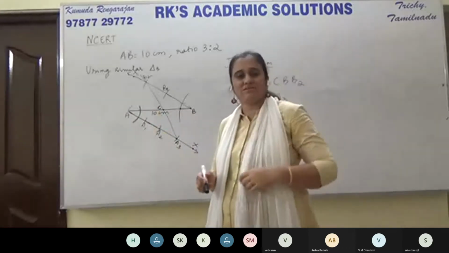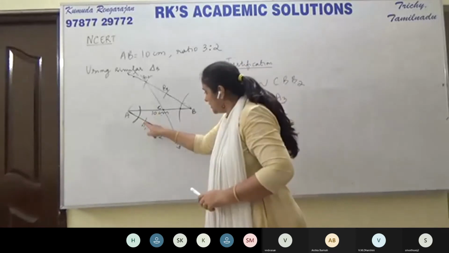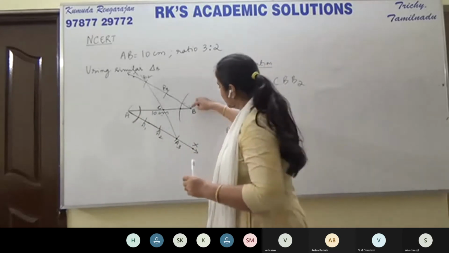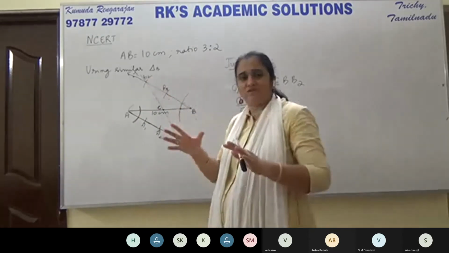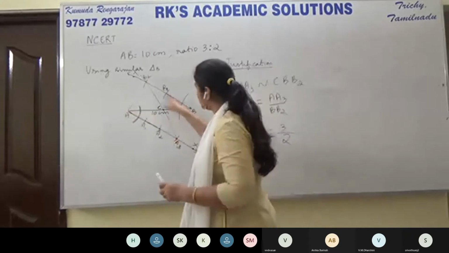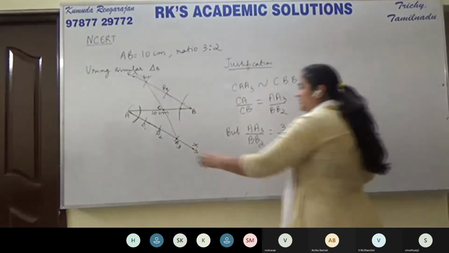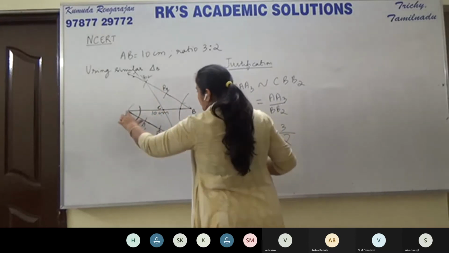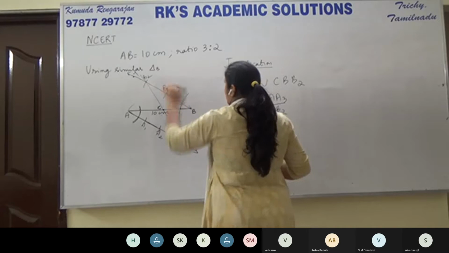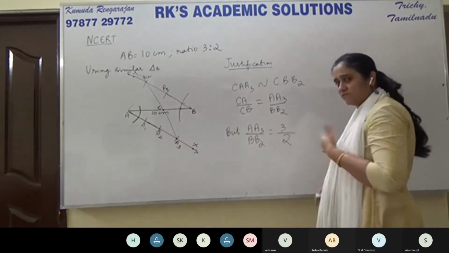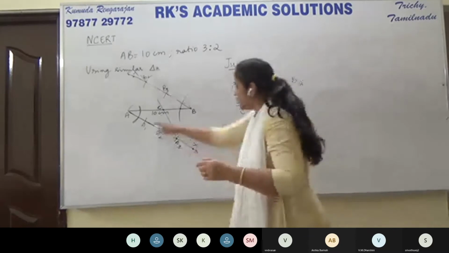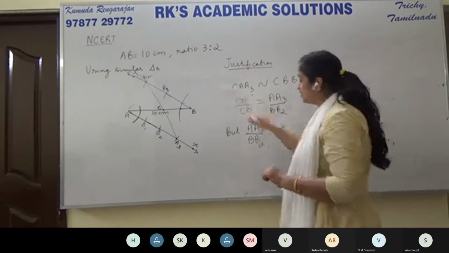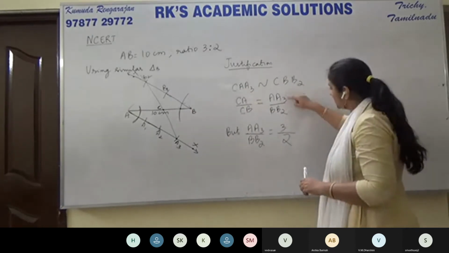Children, because we use the same radius. So AA3 is 3 parts, and here it is 1, 2 parts. Same radius we have taken. So the ratio is 3:2. From A to A3 it is 3 parts, from B to B2 it is 2 parts, because with the same radius we cut these arcs. We constructed all these 5 arcs with the same radius, so we know that AA3 is 3 parts and BB2 is 2 parts. So this one is 3 by 2.